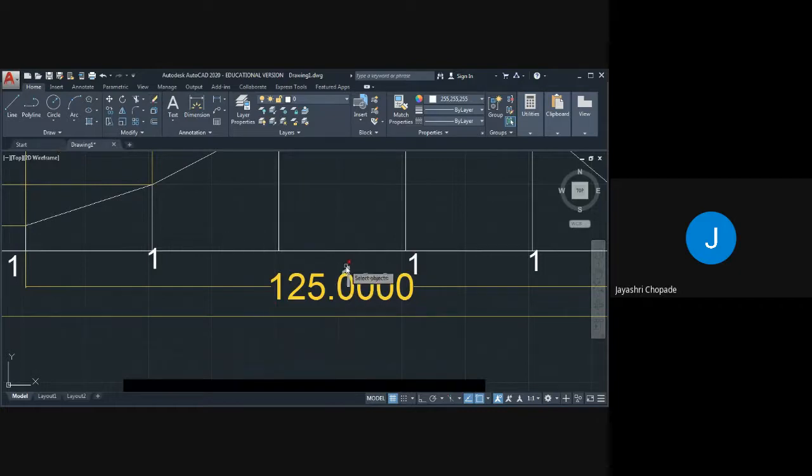This is extra point, so we will remove it. Now go to again copy, select object, press enter, select base point, and this will be our point.